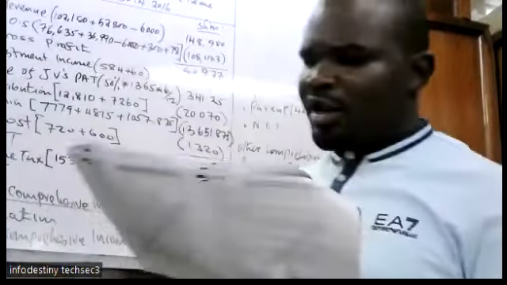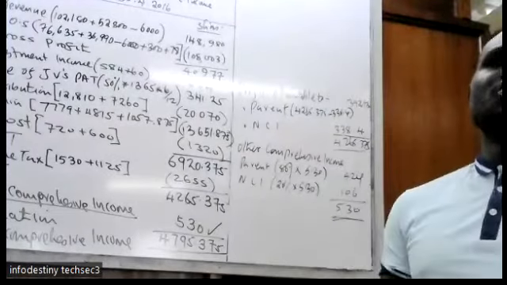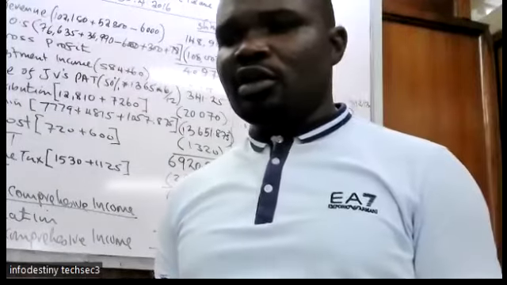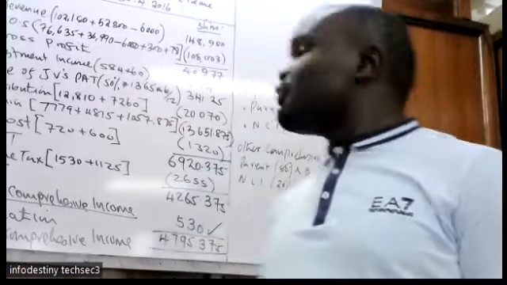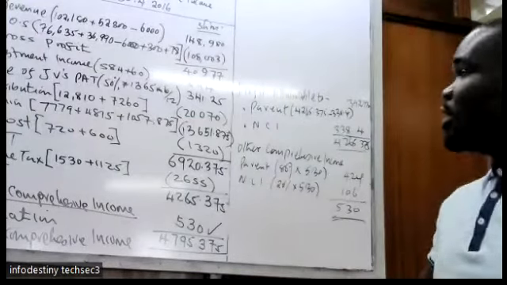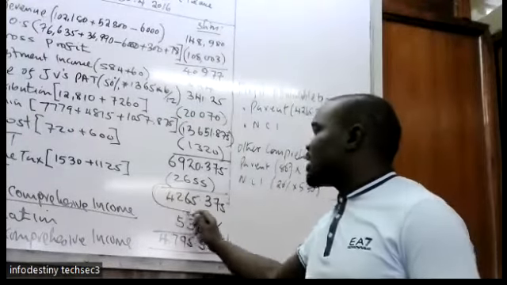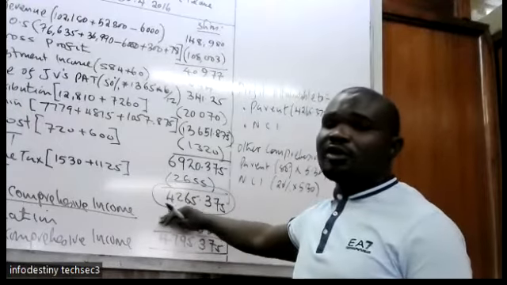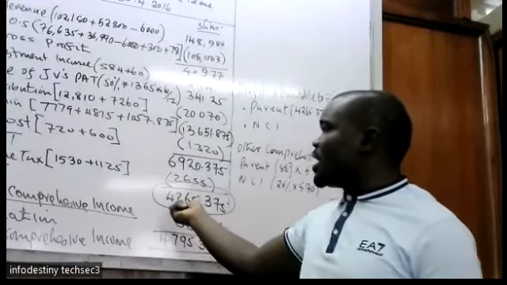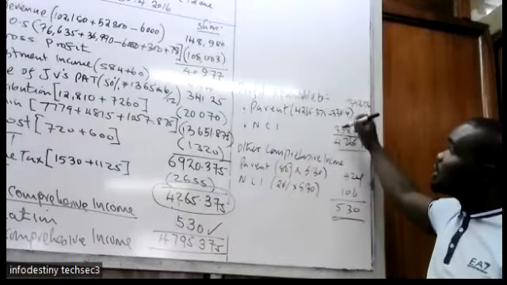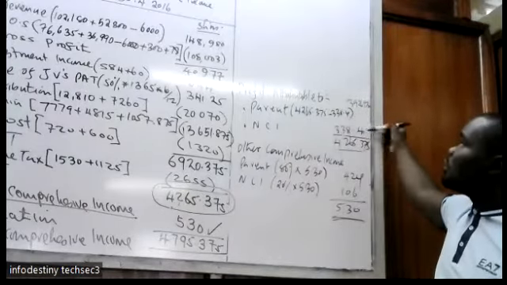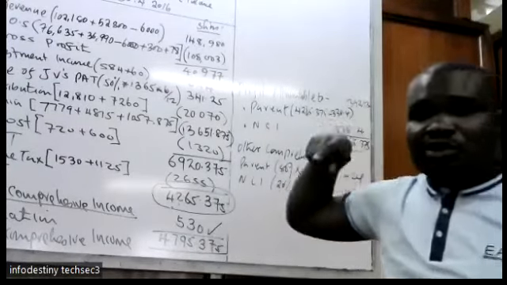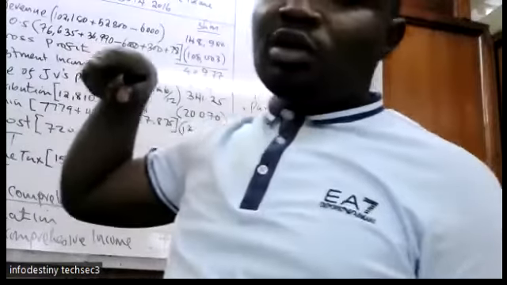So we are done with P&L. How many marks? 12. I need 6 ticks. Alfred, parents' profit share. You take profit after tax for the year, excluding other comprehensive income, minus what we have calculated for NCI. NCI we got 338.4. So take this minus what we got, then you get to the parent. So Alfred, I hope you have also understood.